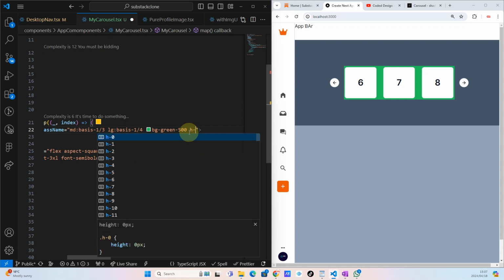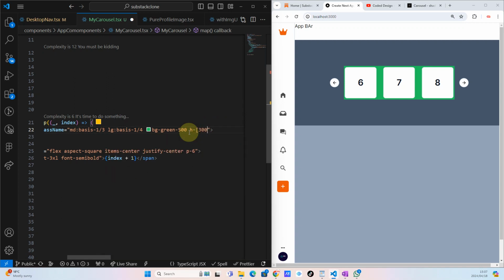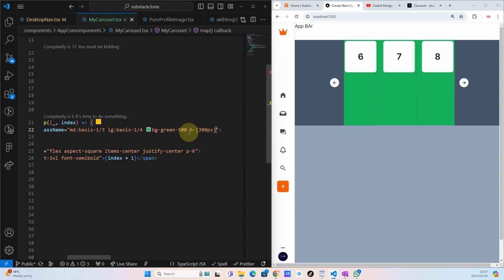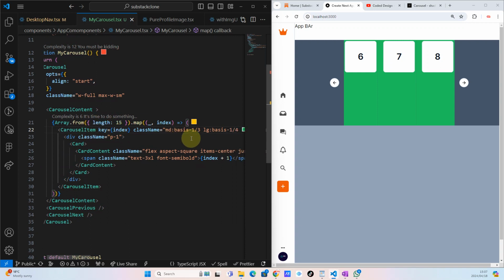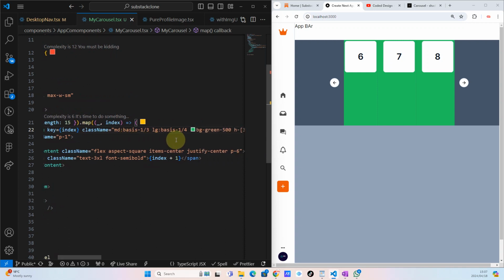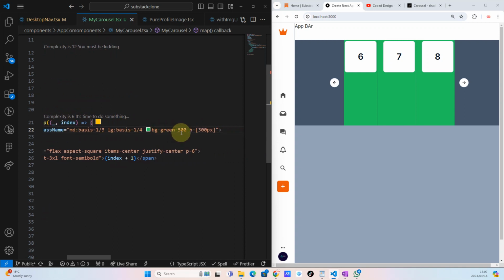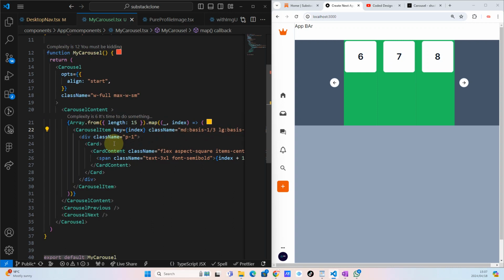Let's say H, height 300 pixel. Let's see. It looks like nothing is happening here. I don't have a problem with that. Now what we can do, let's go here on the card. There is a div here with